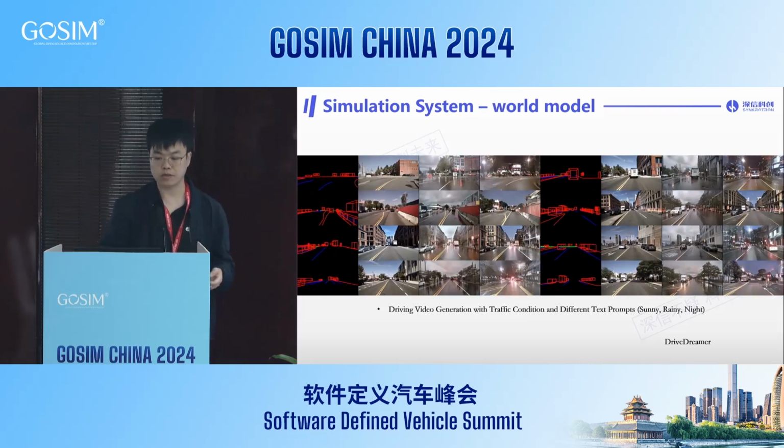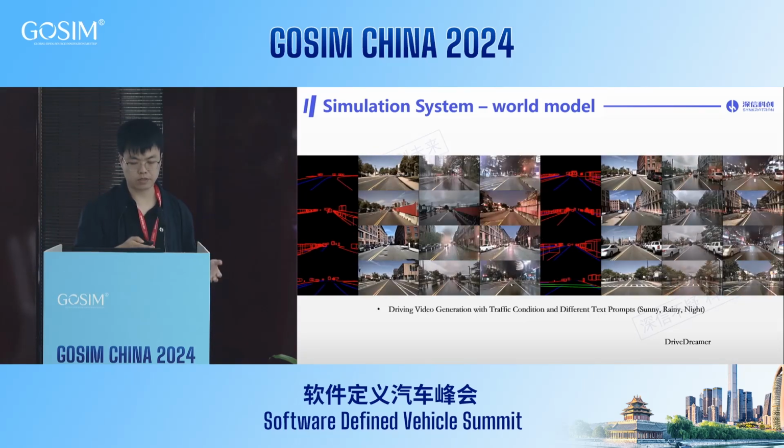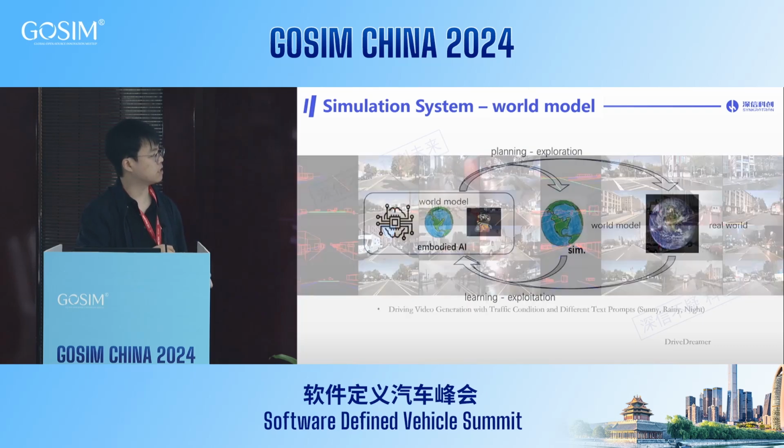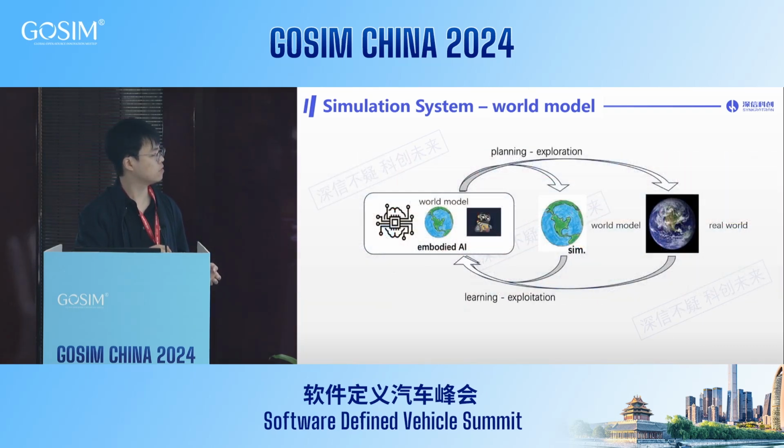So nowadays there's a trend of using a world model within an autonomous agent system. For example, in an autonomous driving system, if the system has a world model inside of it, it will be able to imagine or unroll different kinds of behaviors and see where that goes. For example, it will be very efficient to evaluate any planning actions, whether that's safe or not, whether that's more efficient or not. And at the same time, the same world model can be taken out of the AI agent